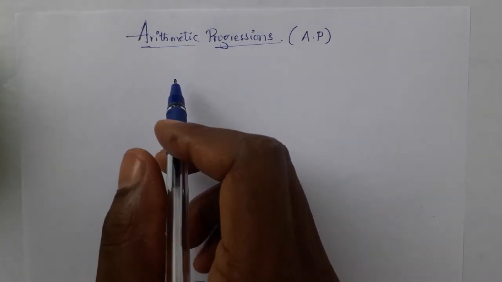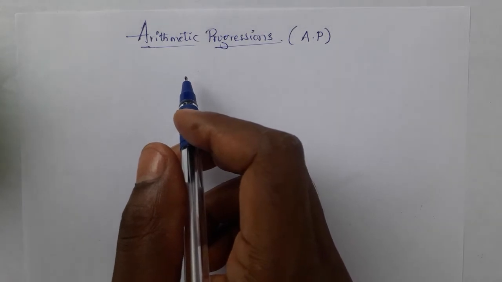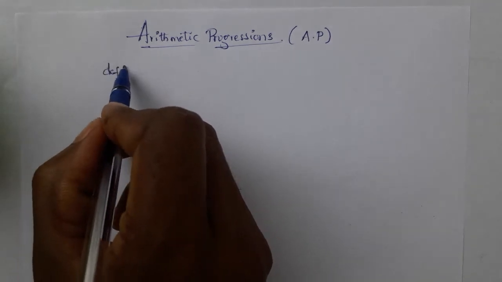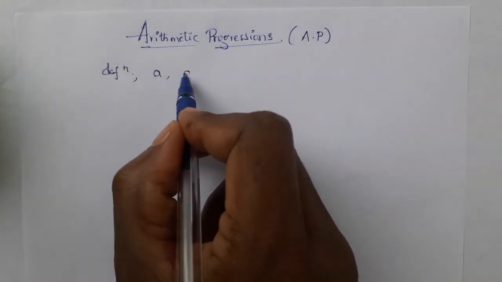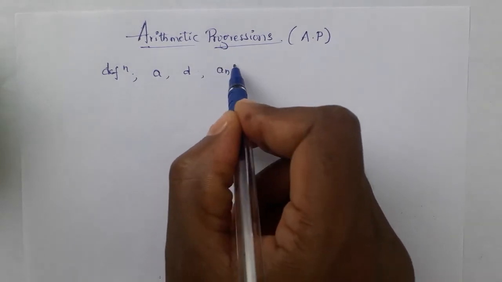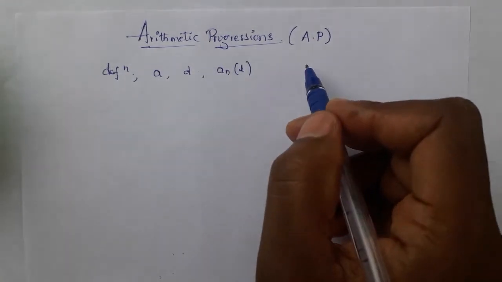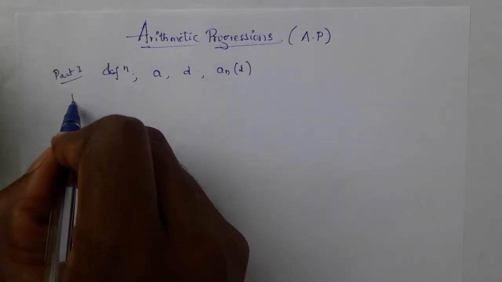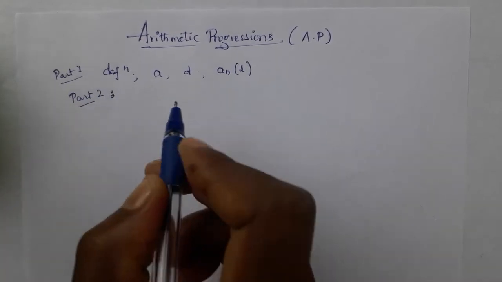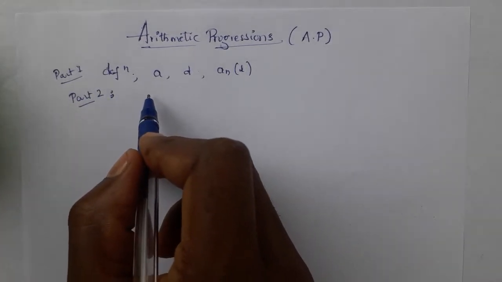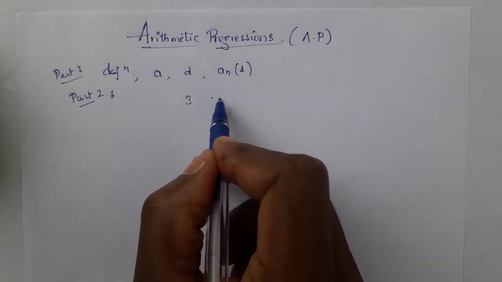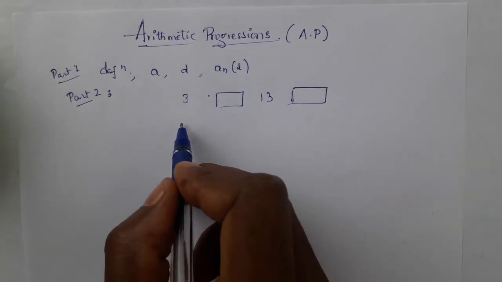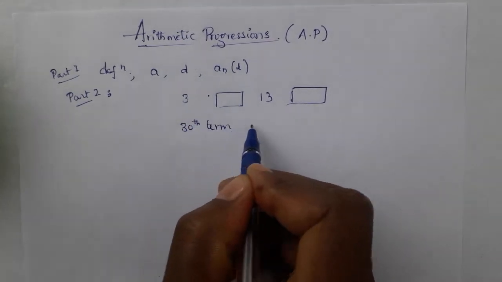In the last two parts, the simple definition of arithmetic progression and the terms definition: what is A, what is D, what is AN, also called L, and many other terms. From part 2, simple questions: how to fill the empty places. I mean 3 here blank and 13 and one more blank is given. How to fill this and how to find out the 30th term directly of